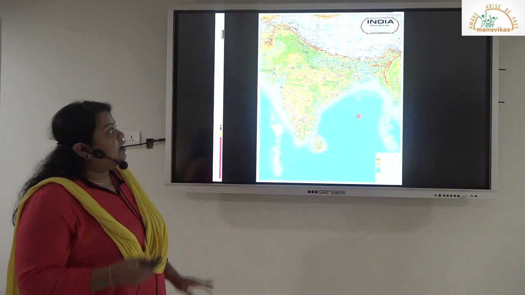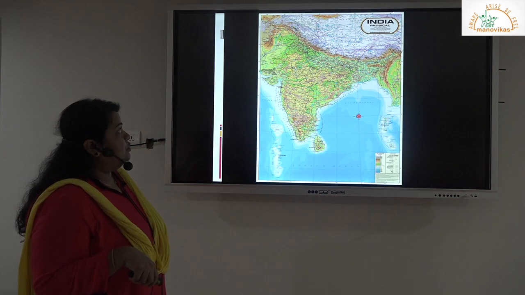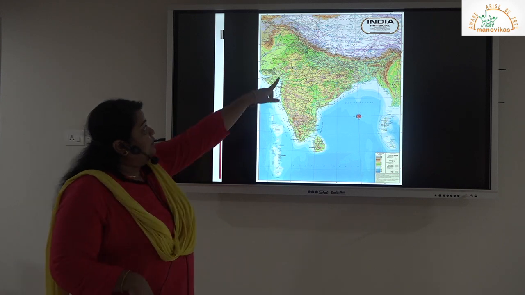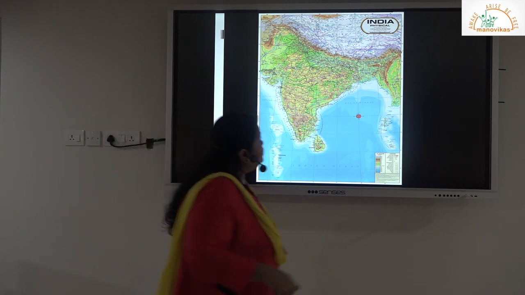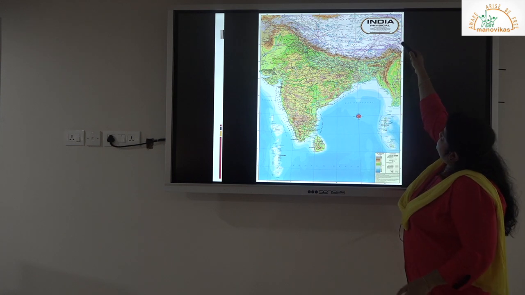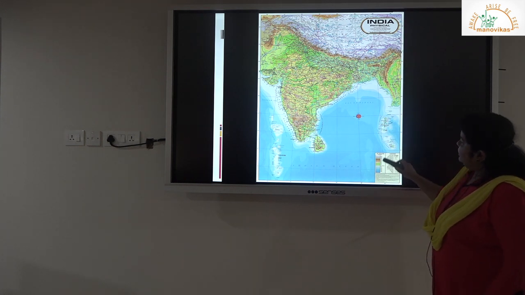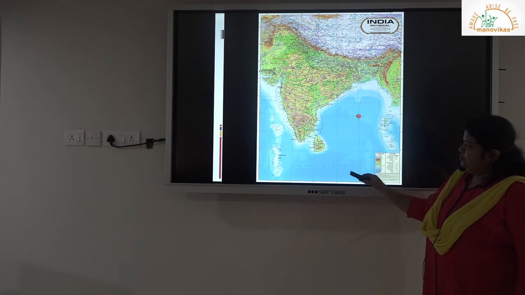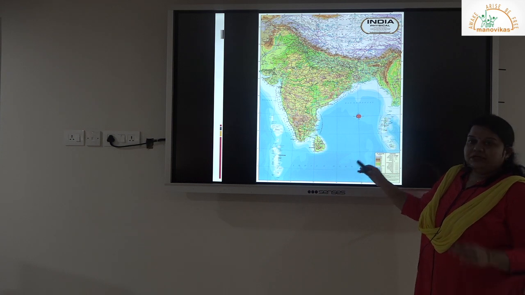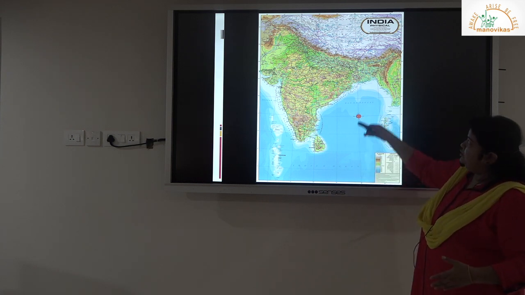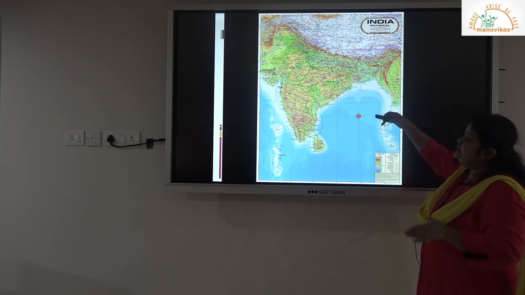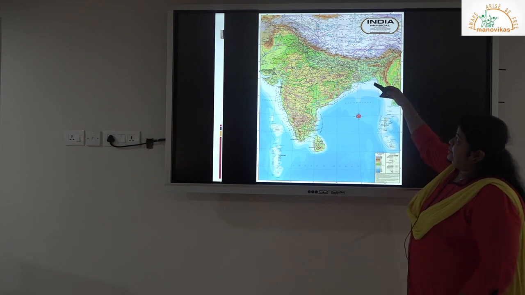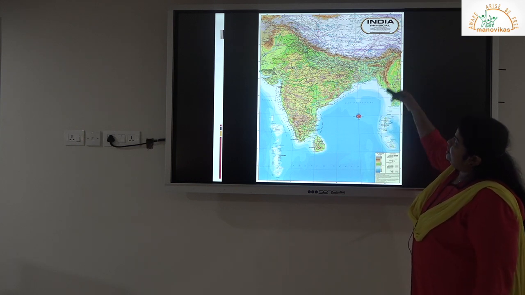Okay, let us check this. You have a map of India, what I was talking about. You can see there, India physical is the title. Below that, you can see the scale is mentioned. You can see the legend here. The legend says that as the shades are varying, you can just focus on the blue color. The darker the blue color, the greater the depth. The lighter the blue color, the less deep the sea or the water body is.